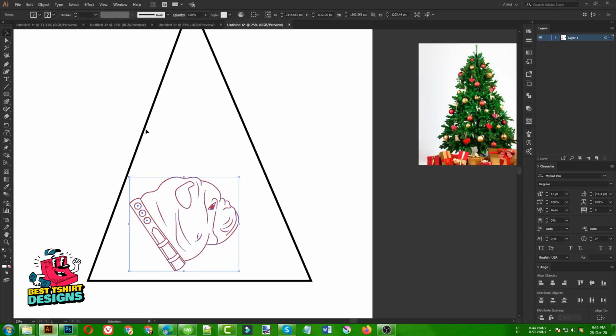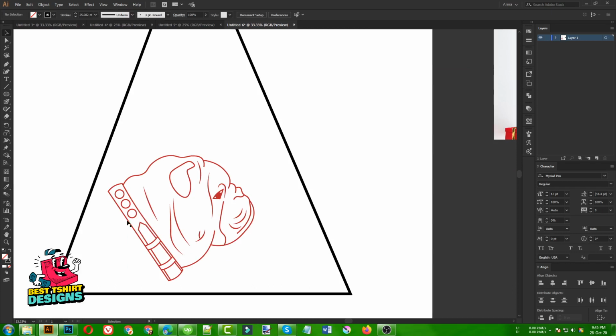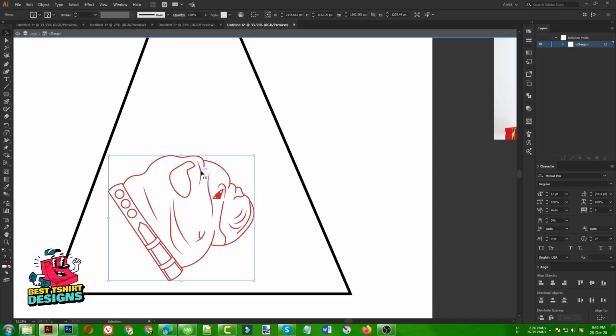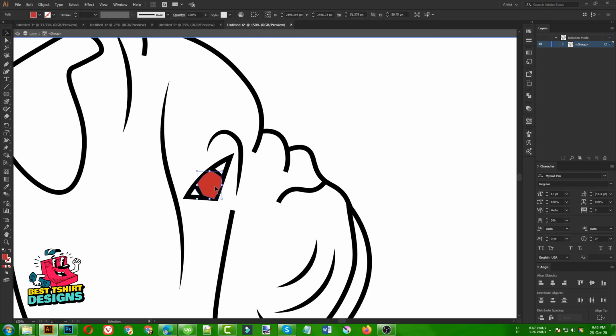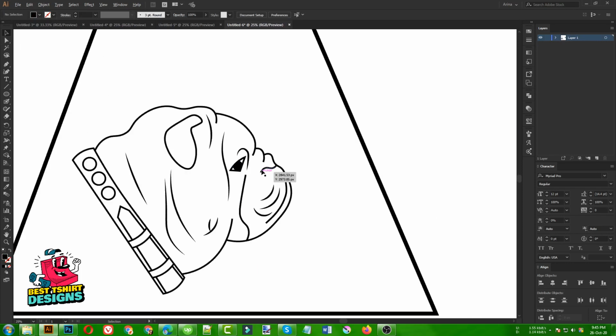Okay, I need to change the dog color here. So I have a stroke and I have a fill here in the design. So if I select it, it is looking like this. But if I double click here, then if I take my magic wand tool to click here, it will select everything that is in red stroke, and then I can simply change it to black. And of course, when our design is in black, then this one should also be in black. So that is good for me.